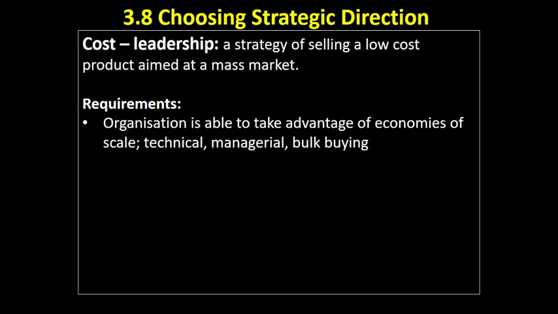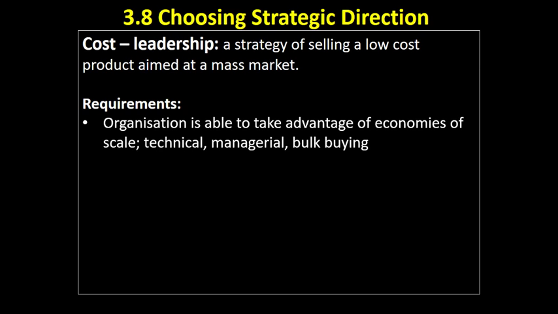Number one, the organisation needs to take advantage of economies of scale. We're targeting a mass market, so we should be selling a relatively high quantity of goods. Therefore, we need to take advantage of the economies of scale that are possible, the technical economies of scale. For a large organisation, we can afford better, more efficient machinery. We can employ really highly skilled managers. We can afford to negotiate low prices for raw materials from our suppliers,